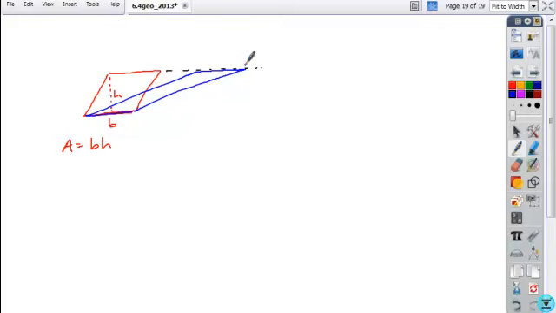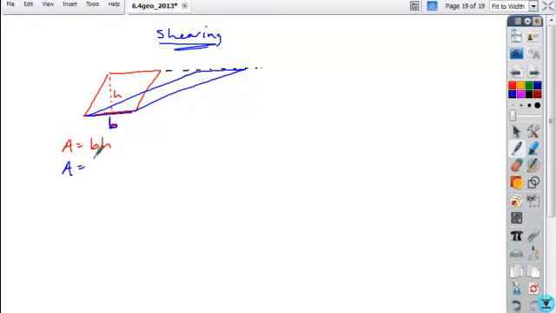Okay, so again, the concept of sliding along a parallel is the idea of shearing. We talked about it with triangles, but shearing also works with parallelograms. And if we take this parallelogram with a base B and a height H, and we just shear it, so slide it out along a parallel, the area for this new blue parallelogram is still going to have the